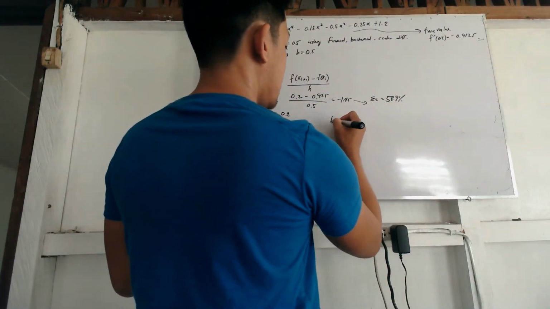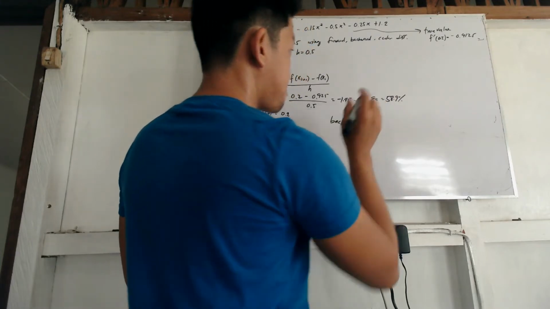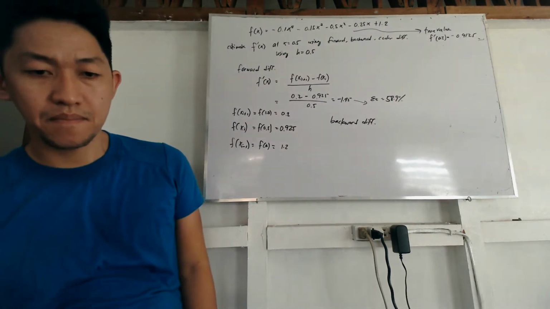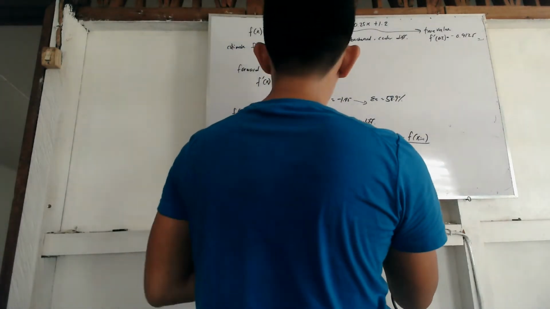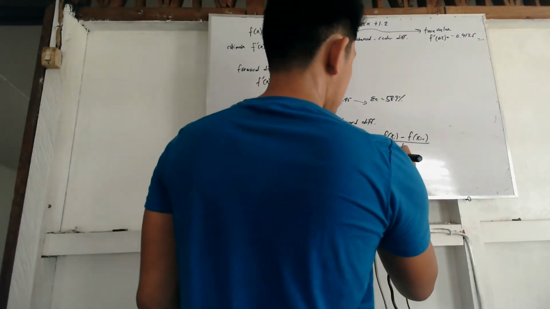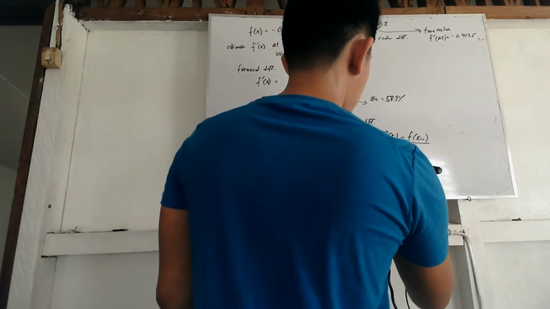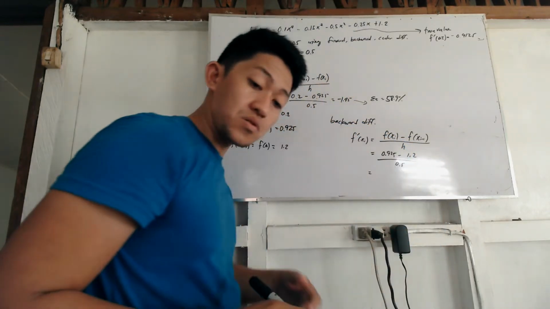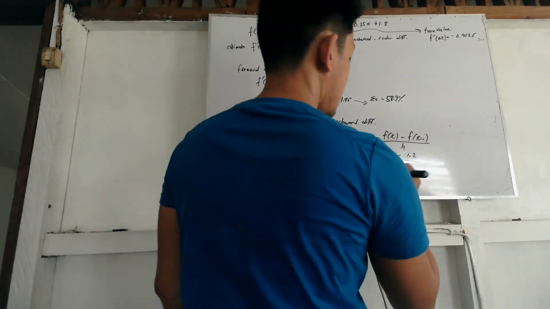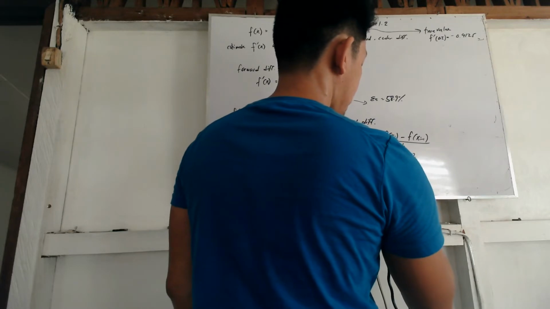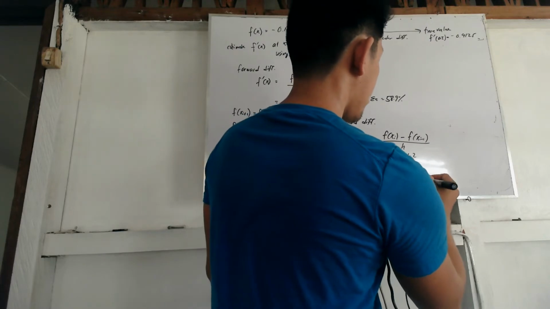Using the backward difference, okay, this is the formula for the backward difference. Again, let's plug in these values. So you have 0.925 minus 1.2 over 0.5. So this will give you a value of negative 0.55. So again, the error for this one is